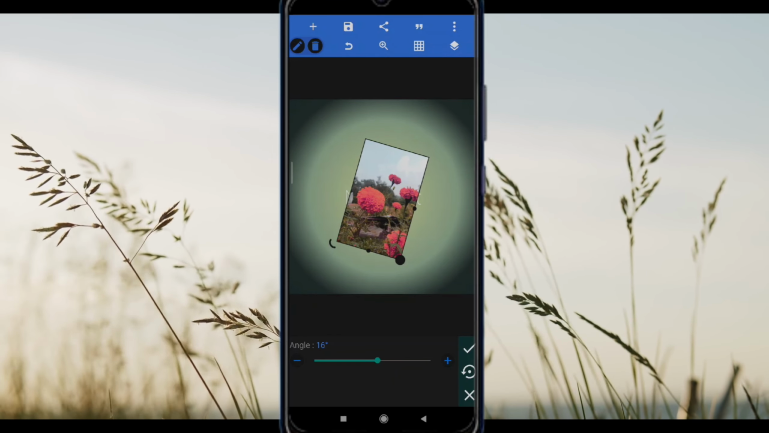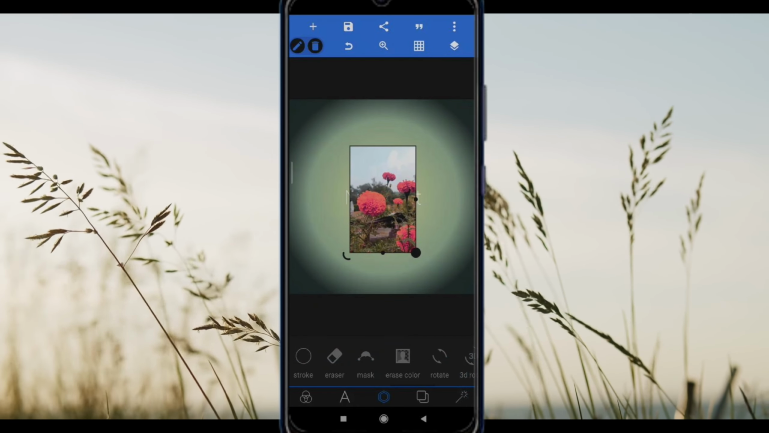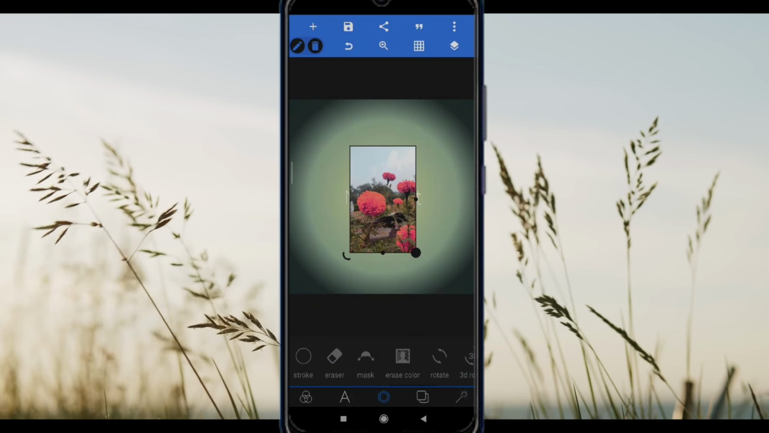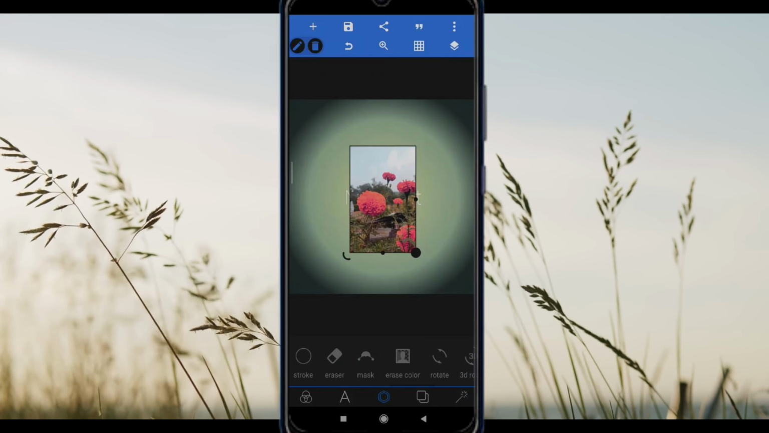If you have text, stickers or multiple images, use the layers menu to arrange what's on top or behind. And that's it. You can now add and edit images in PixelLab like a pro, making your designs more creative